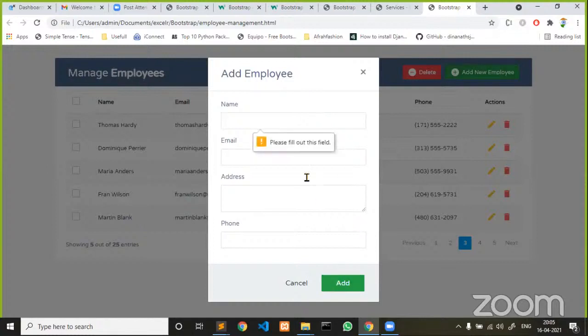Now on click of add, I have used validations. Why? Because while adding an employee, if the name is empty, email is empty, address is empty, or phone number is empty, we should not even allow the user to add an employee. Now here I'm just giving some dummy data: Murali and murali@gmail.com, a dummy email. Test address, test phone number. Also, let me give my number, 9060888029. Any information that we can provide.